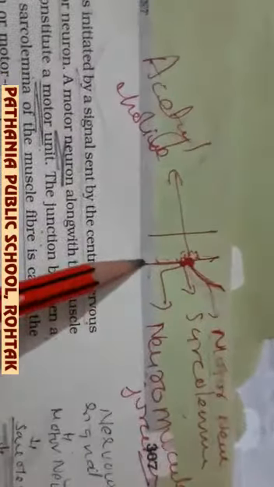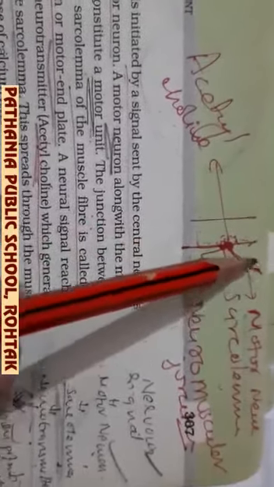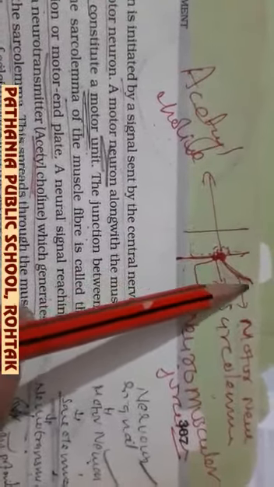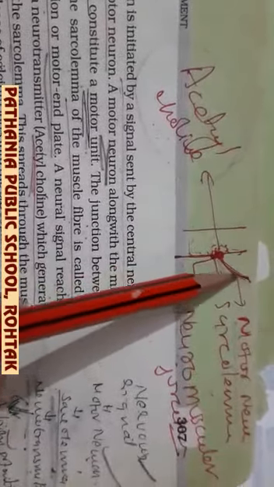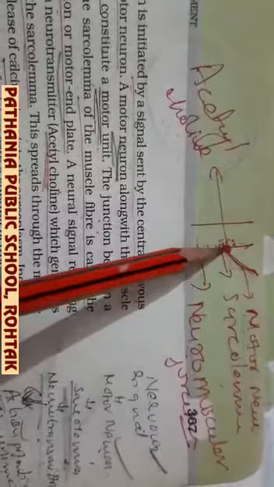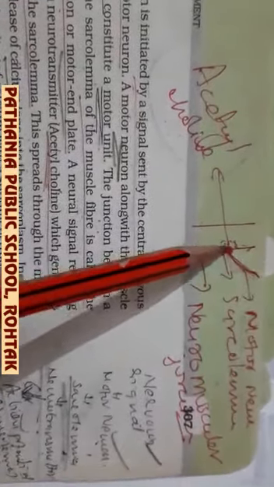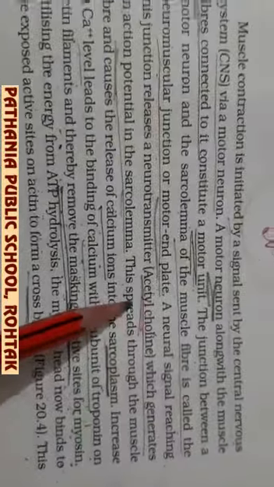We can understand it this way. Suppose this is the muscle fiber and this is the nerve, or motor neuron, which is bringing the stimulus. So this point is called the neuromuscular junction or motor end plate. Okay. Now at this junction,